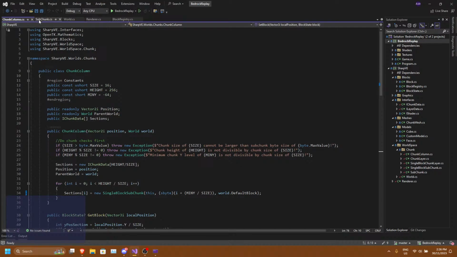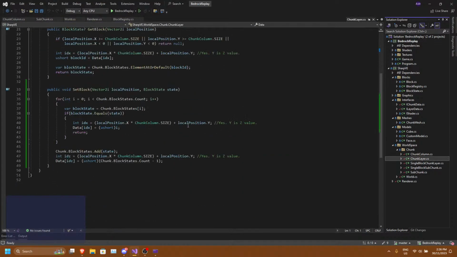Please don't tell me it's setting the entire chunk layer. If it is, that's a big problem.